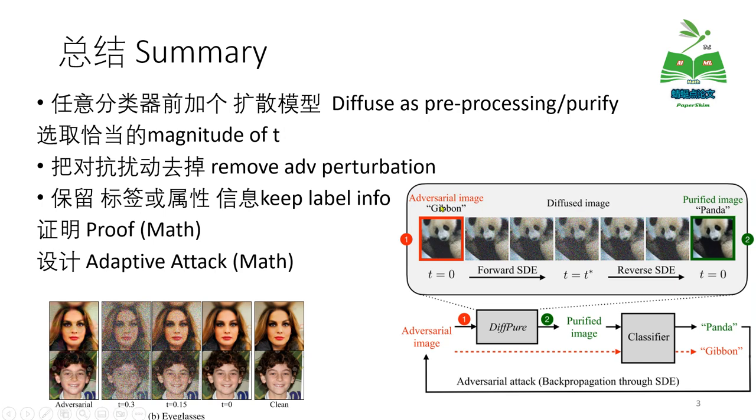So if the input is a clean image, hopefully we can reconstruct the original image. And if the input is an adversarial image, ideally after we add the noise, we can remove the noise together with the adversarial perturbation, or the adversarial signal. We remove the signal while it can still keep the label information. So this is the basic idea. And the mechanism behind it maybe just because